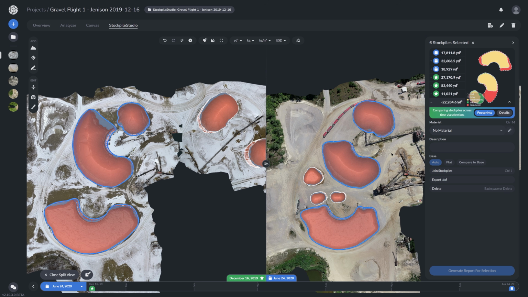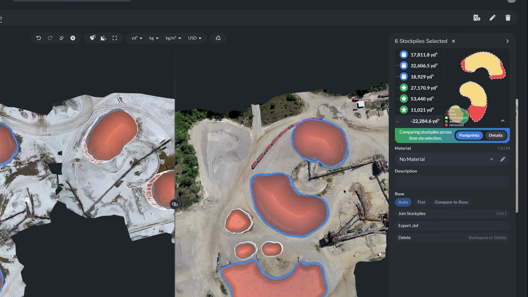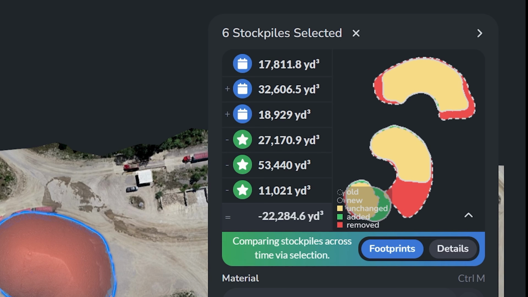between the two datasets. Specifically, the comparison panel provides a volumetric breakdown, giving you the exact volume of the stockpile from your current timeline, indicated by the green star icon, alongside the historical volume from your comparison date, the blue calendar icon. It also shows you net change. The system automatically calculates the net difference between the two surveys, showing exactly how much material was added or removed